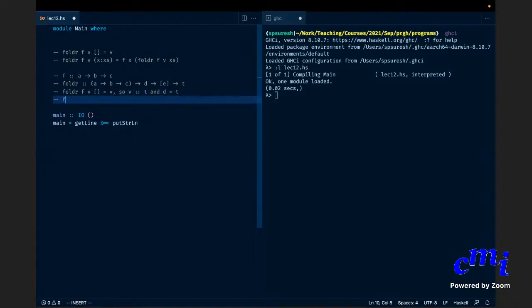f is being applied on x and something, and x is of type E, right?